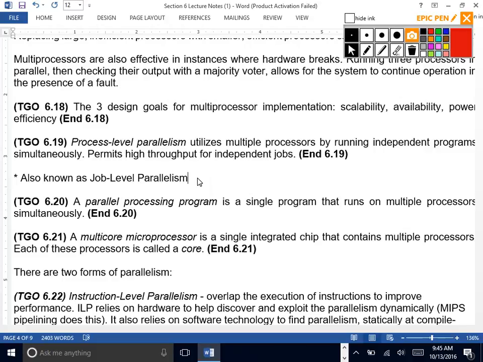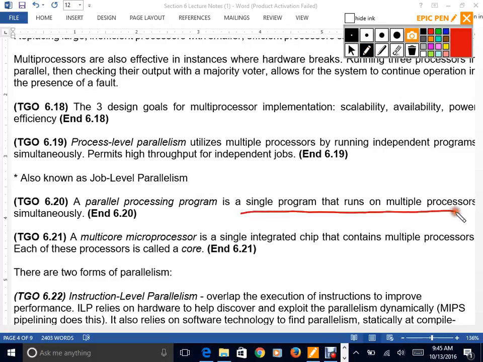And then a parallel processing program is a single program that runs on multiple processors simultaneously. So what happens when you have one huge program that can use 2 or more processors and you have multiple optimizations? That's why we use a parallel processing program. So I kind of alluded to how that works. You run different types of instructions on different